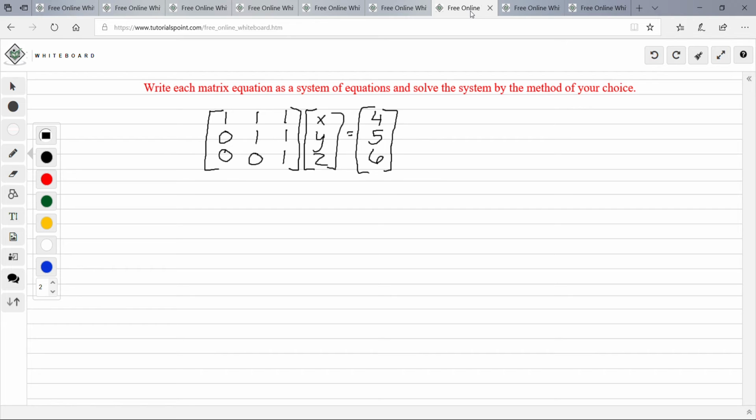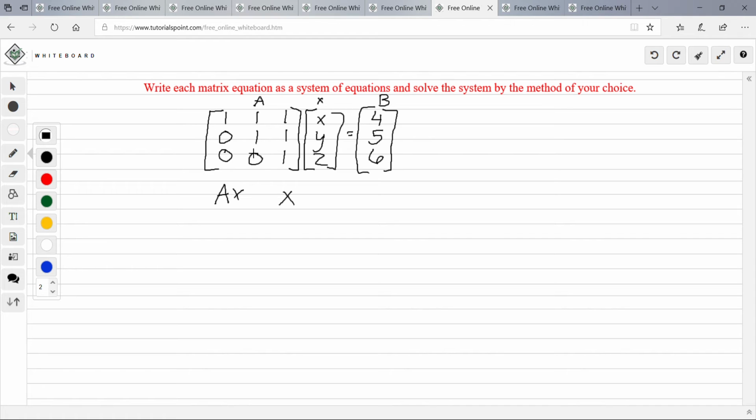So what I'm going to do is, we could call this matrix A, we could call this X, and we could call this B. If I multiply AX, what was that going to give me? So I'm going to multiply this row by this column. So 1 times X is X, and then,